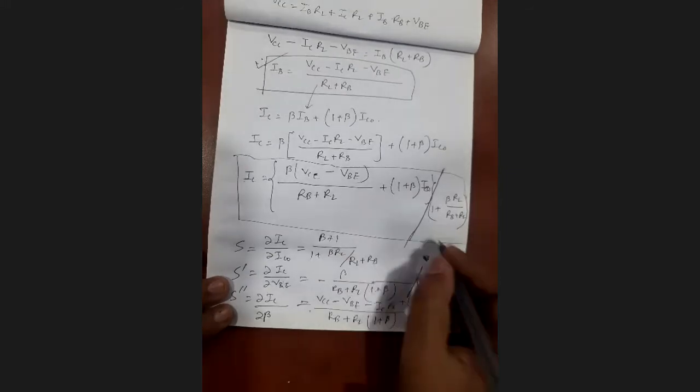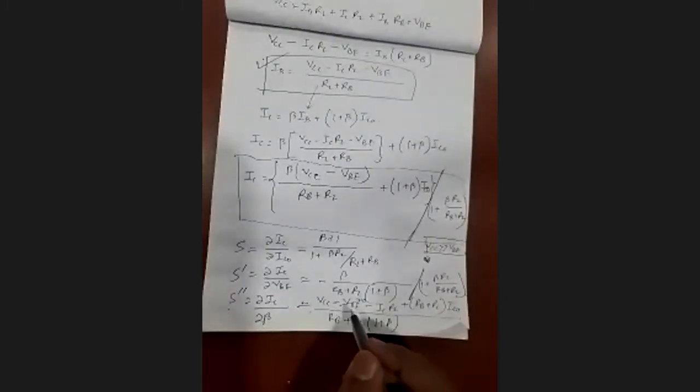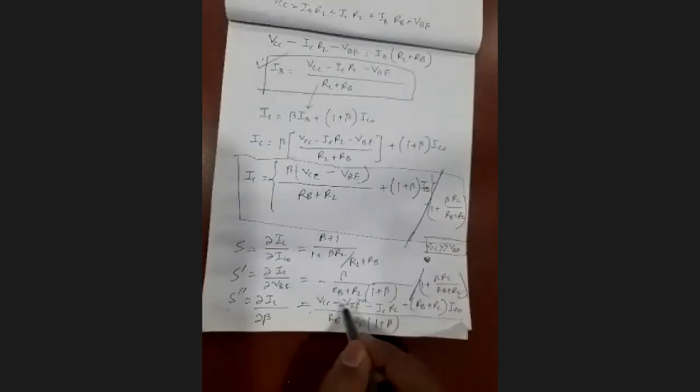Okay. So in here again we consider VCC is much greater than VBE. Then we can neglect this VCC with respect to this VCC. We can neglect this VBE with respect to this VCC. So then the equation is like that. So these are the expressions of this one. So we can easily find out or evaluate the value of this one, and also